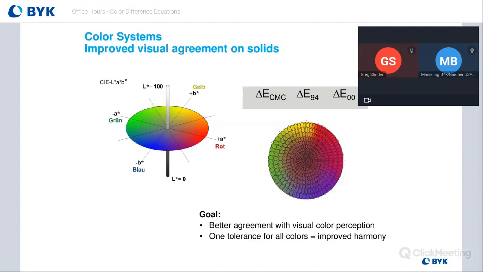Another question here from Sam: does BIC recommend that a color booth be used as well as a meter to view color samples? Sometimes my LAB values are within spec, but the color looks off. I think it could be metamerism. It could be. If it is metamerism and you cycle through the different light sources in your booth, then typically you'll